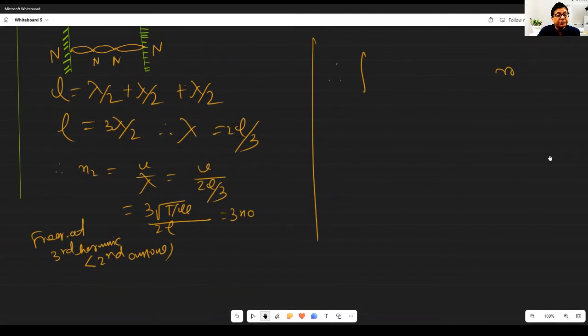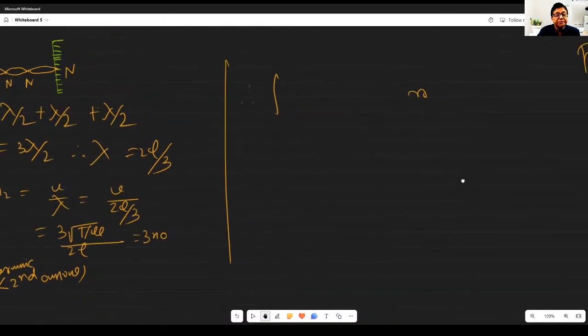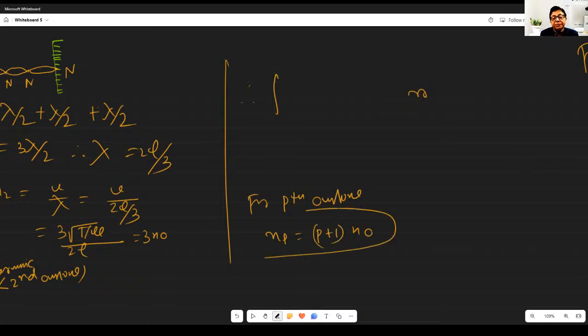This happens in second overtone, isn't it? So for pth overtone, what will happen? Np equals (p plus 1) n0,